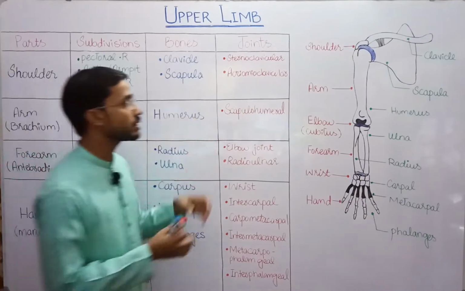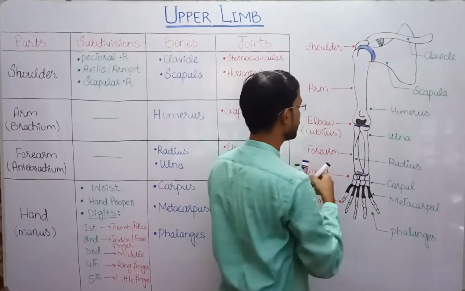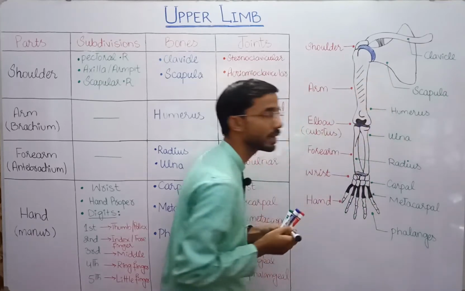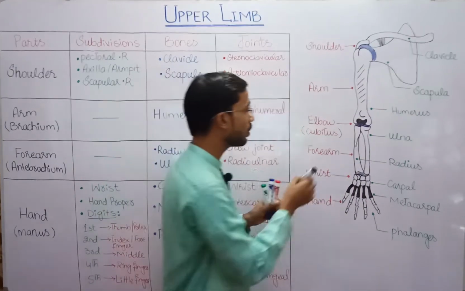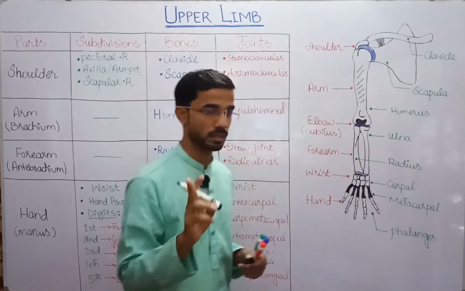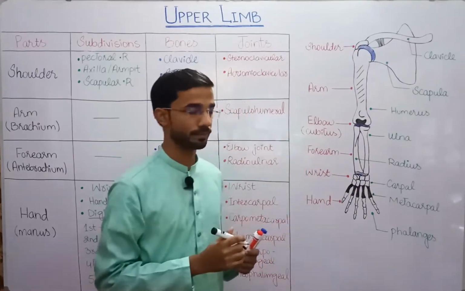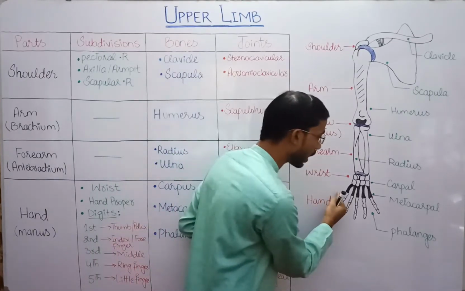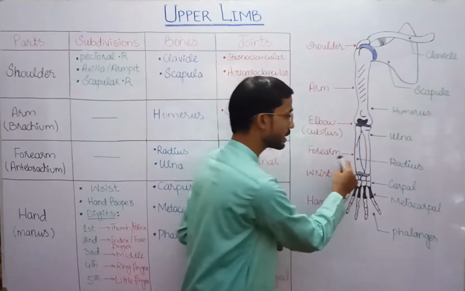And in the arm region there is a bone called the humerus, and below, in the forearm region, there are 2 bones, radius and ulna. But keep in mind that the radius is present on the thumb side,